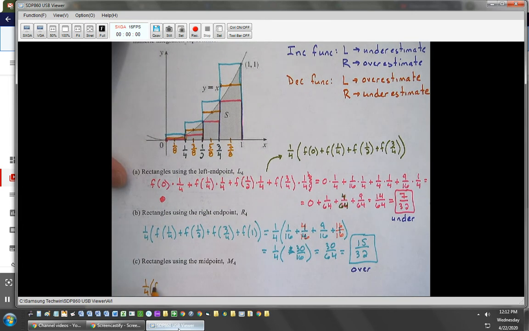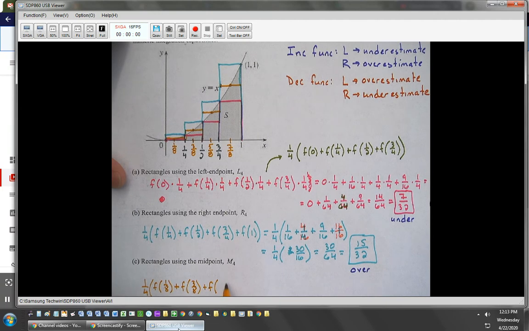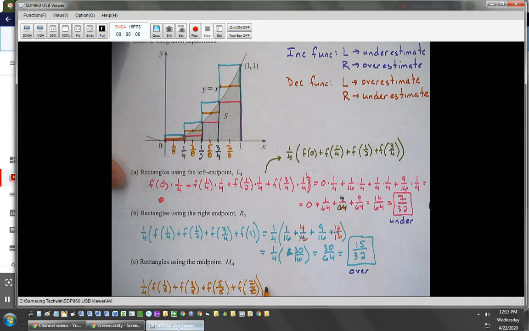So I'm going to do f of 1/8 plus f of 3/8 plus f of 5/8 plus f of 7/8. Got my 1/4 out there, so I'm doing 1/8, that's 1/64th, plus 3, that's 9/64ths, plus 5, that's 25/64ths, plus 7, that's 49/64ths,